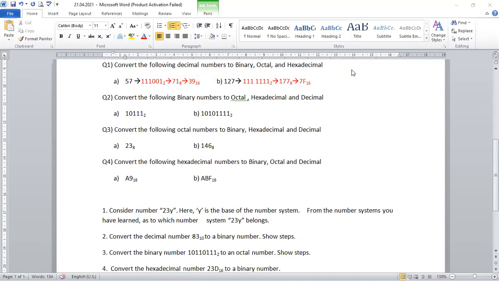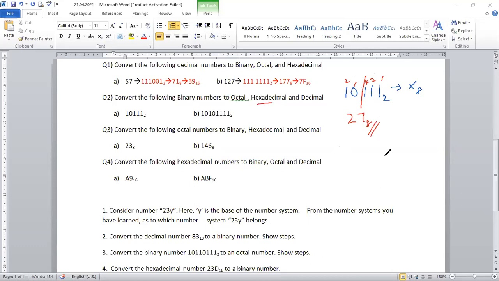Convert the following binary numbers to octal. So they have given the binary number. How you can convert the binary number into octal? So they have given 101112 to octal, base 8. Now you all know, you have to group by 3, right? So here you can see 1 2 4, 1 2 4. It is not there, so that means here 2, this is 7, the base will be 8.